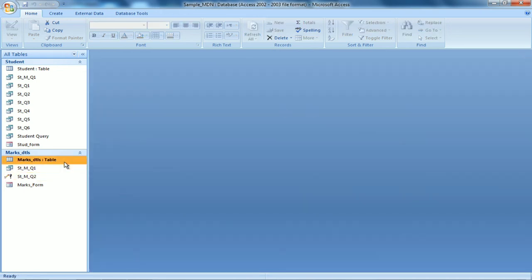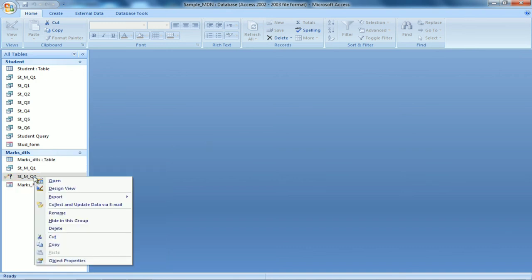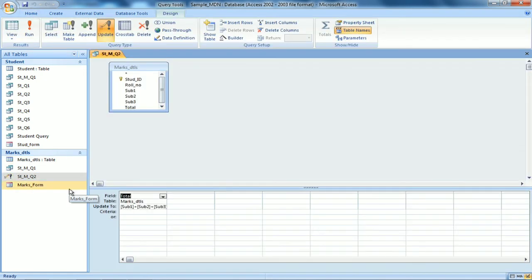So I am showing you the design view of that formula which I have written. Field total, I want to update it. Table name is marks details. Update to subject 1 plus subject 2 plus subject 3.